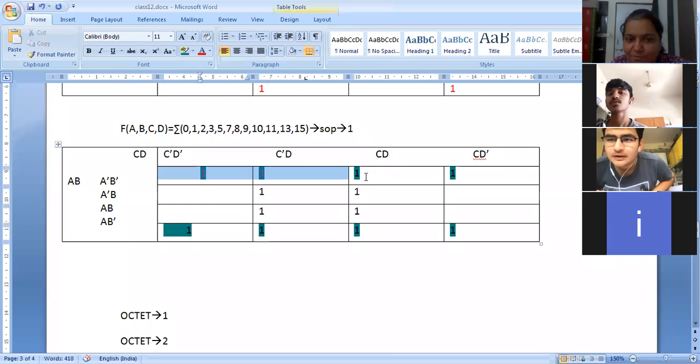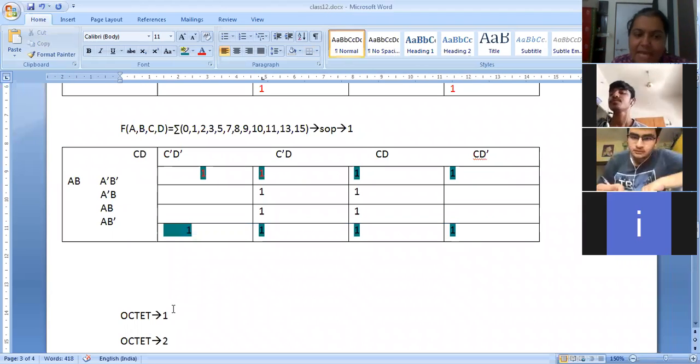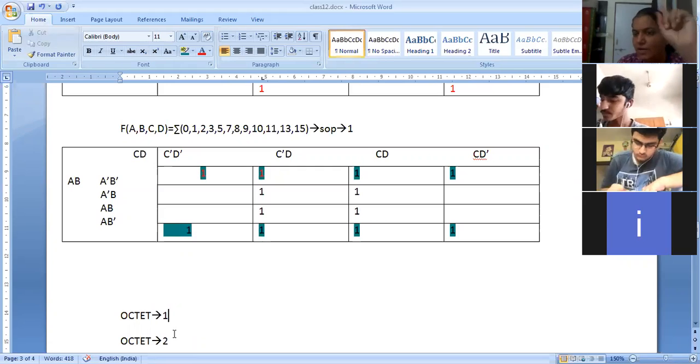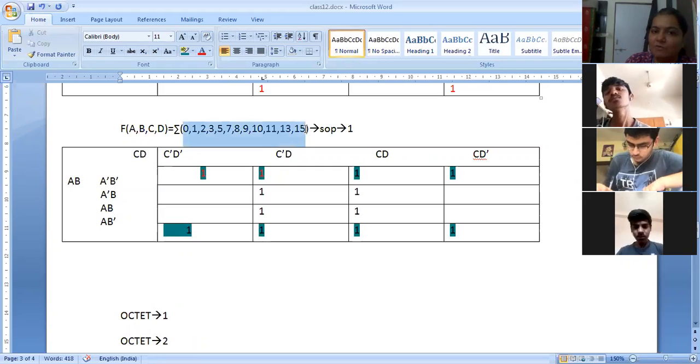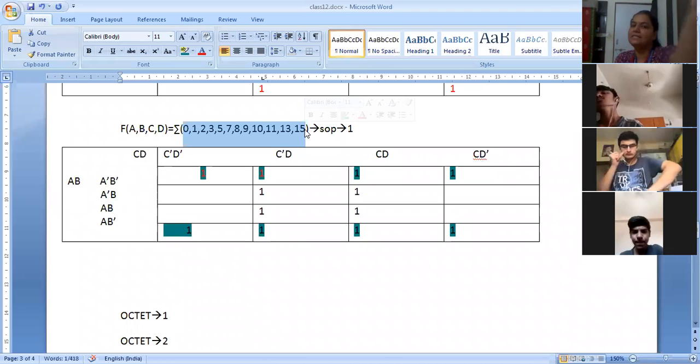So see, Ma'am, do light blue color, and these 4 ones are one octet. Now tell me their positions. Now how to simplify a K-map? First thing is write ones for SOP in the places which are given in the question. Somebody, I think Purvam, said 6 is not given here. 6 is not given because at 6th place there is no 1. At 6th place there is 0.